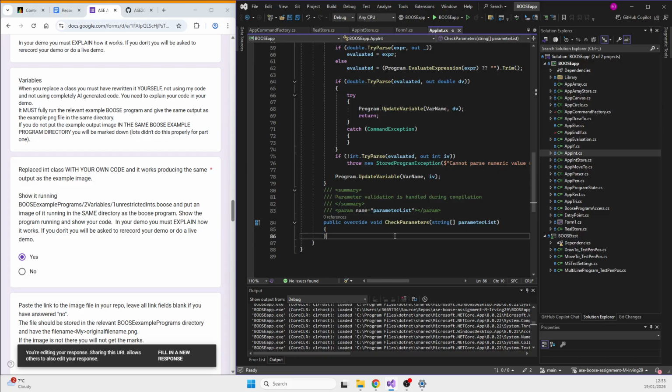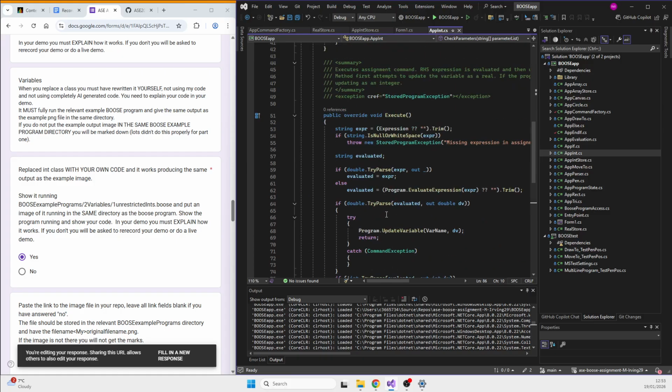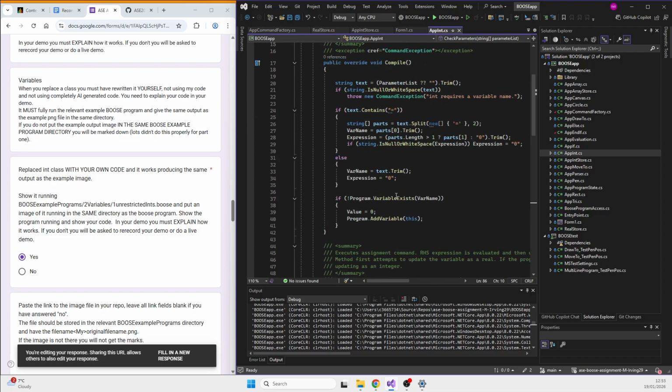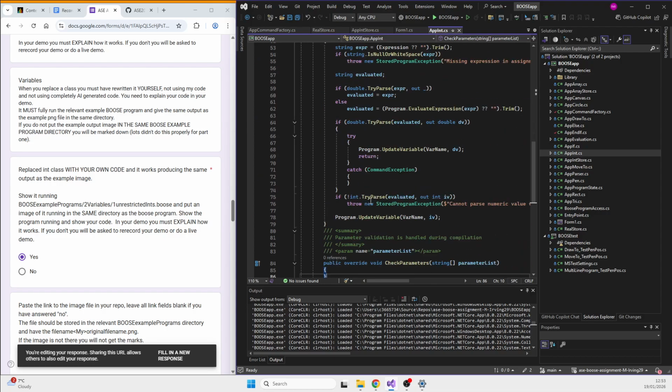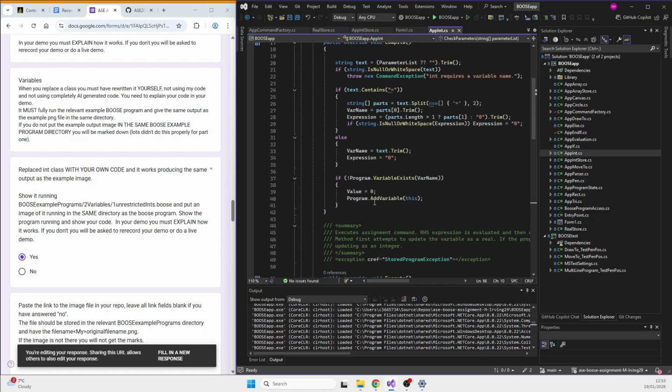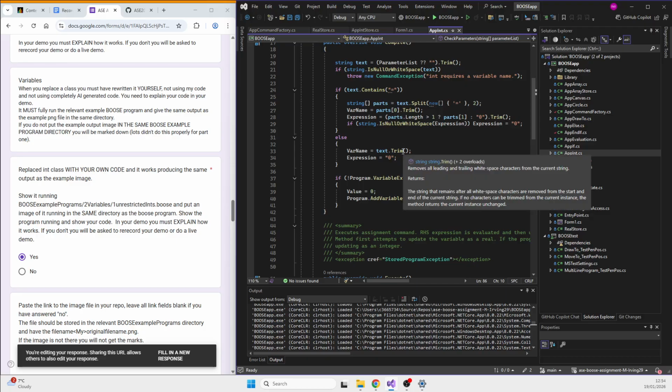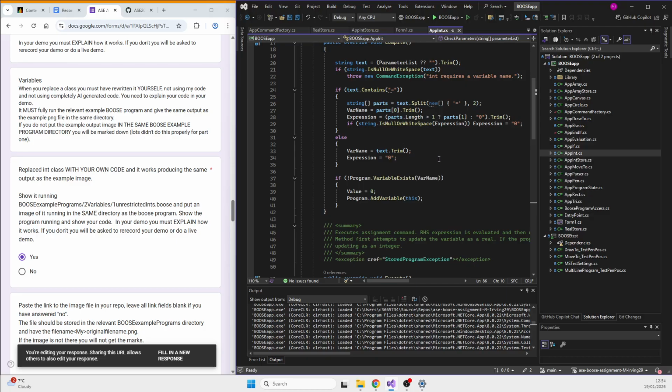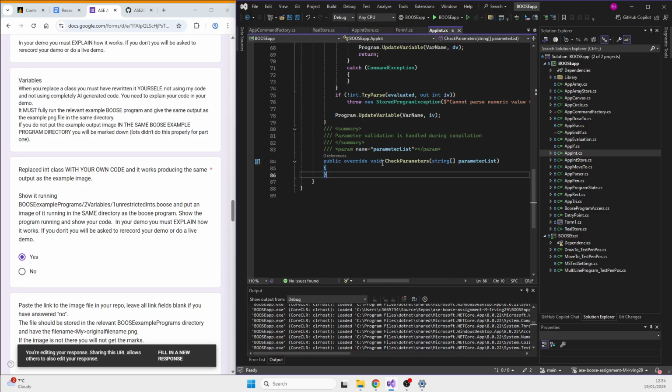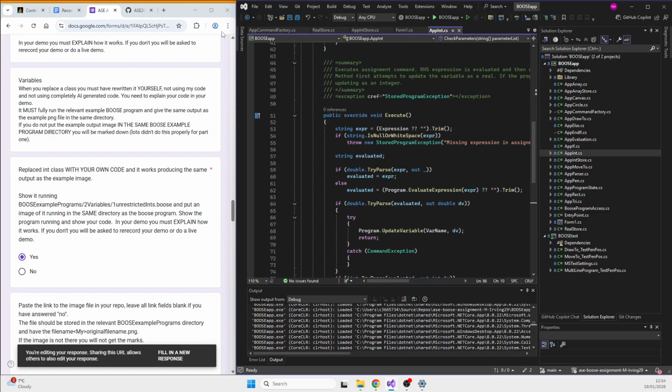So the parameters are checked in the compilation. So, yeah, it's with the null space, so it's literally just one number. No decimal point or nothing, just the whole number. So this is kind of useless, but I wasn't sure whether to just get rid of it or not, but it's there for now.